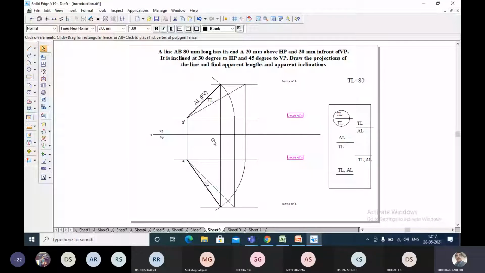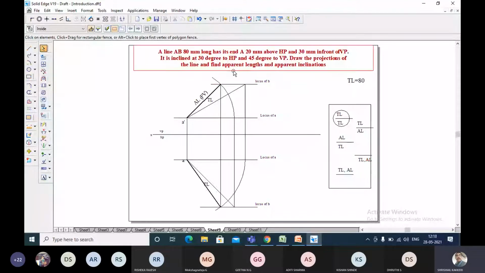Select all these. You say move. I don't want to copy. Take one point on this and move wherever you want. And you can see that the problem looks very compact. Even if you want, you can extend the line up to here, but there is no meaning. I wanted to show that by utilizing optimal space, I have to present the problem. And even here also, the XY line, if you want, you can take this much only.